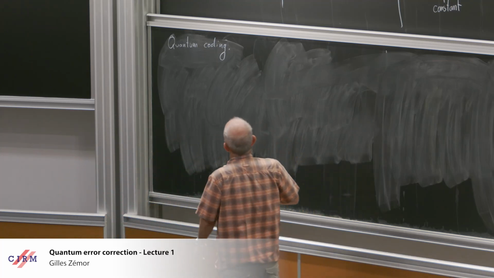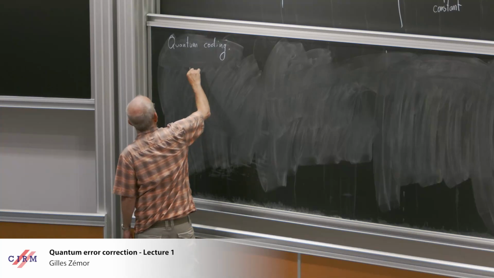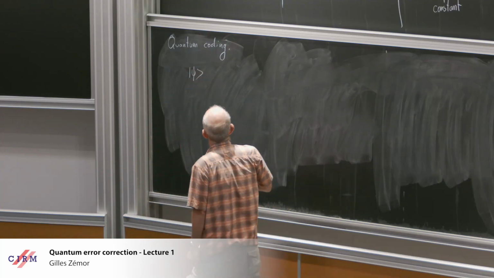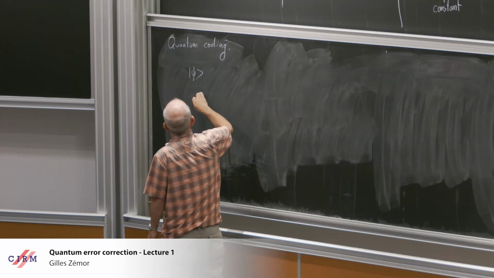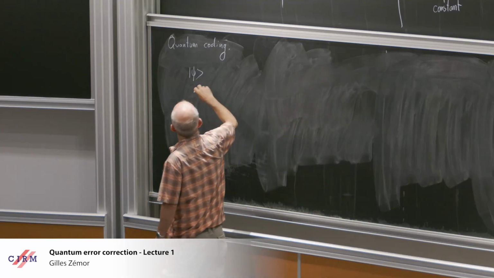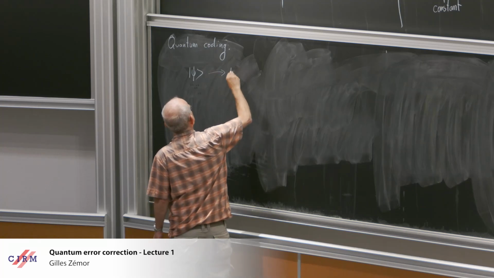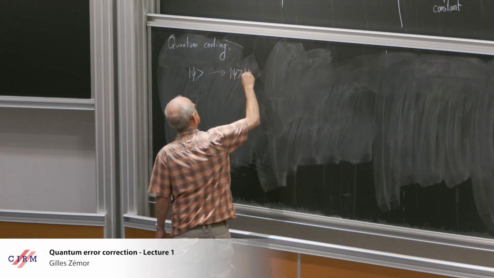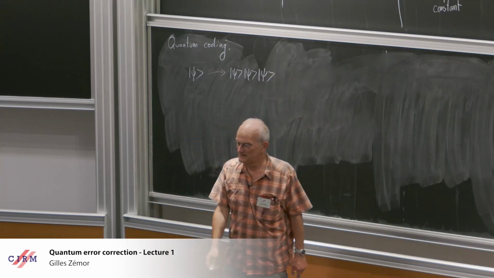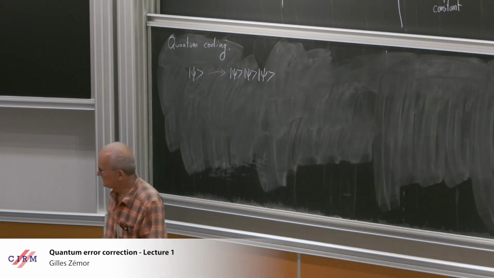And there you hit upon a somewhat serious issue. If you think about it naively, you would perhaps want to start from some quantum state and somehow repeat it like in the classical setting, but that's not allowed